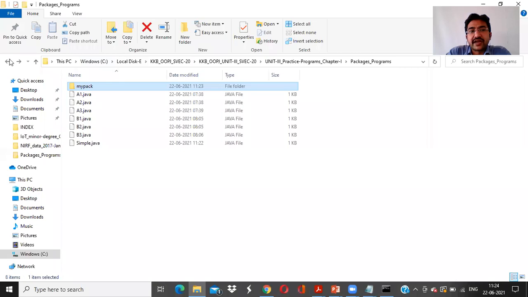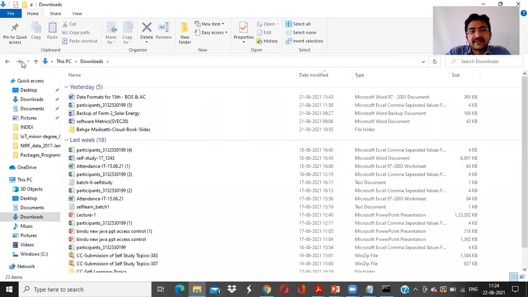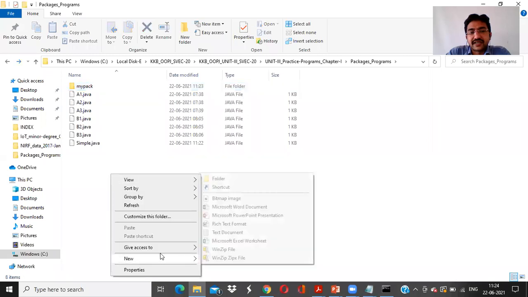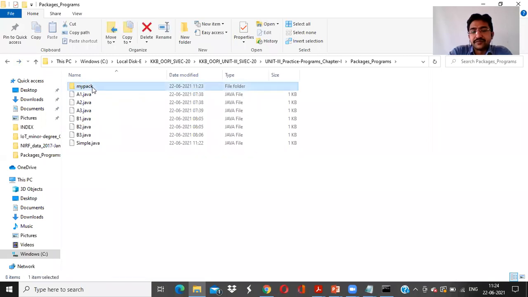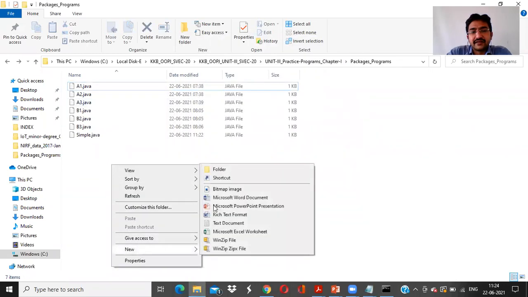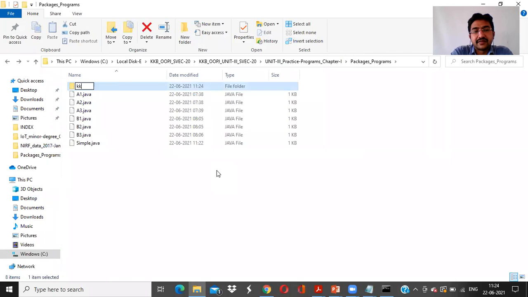Now I want it to be stored in a separate folder. For example, I'm just deleting this also. Now I'm creating a folder here, say for example KKB.